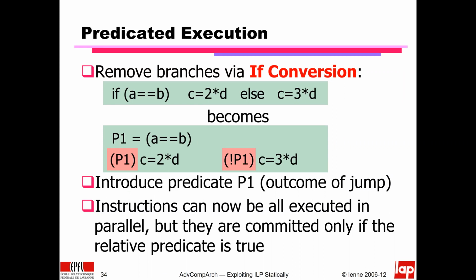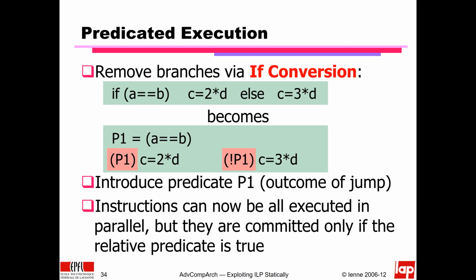And suppose that, of course, the computation of the comparison takes time, maybe because A and B are being computed and there is some latency. One of the things that we can do is to rewrite the program in sort of pseudo-assembler. It's not really assembler, but individual operations in the following way. We compute the outcome of the